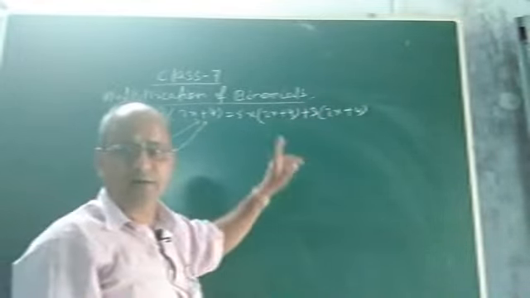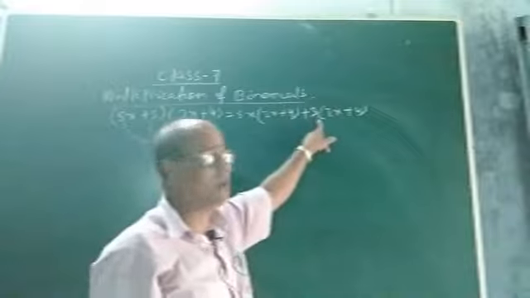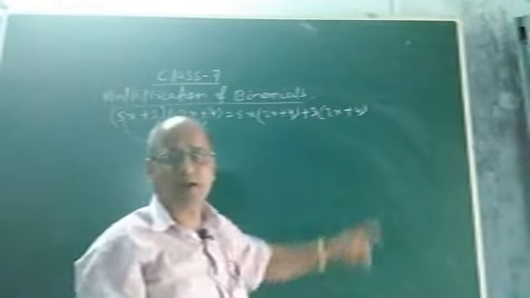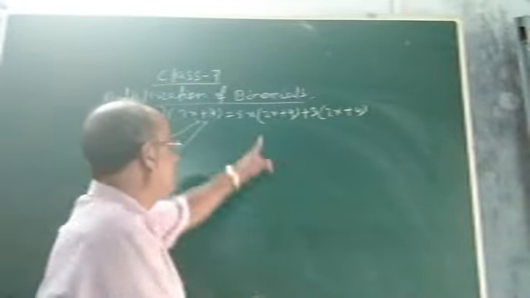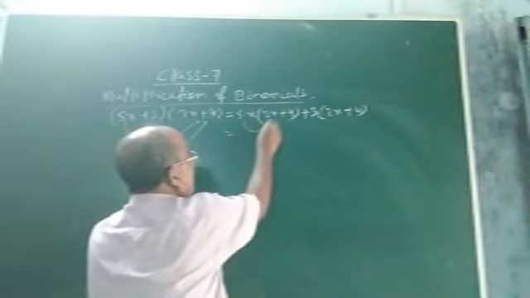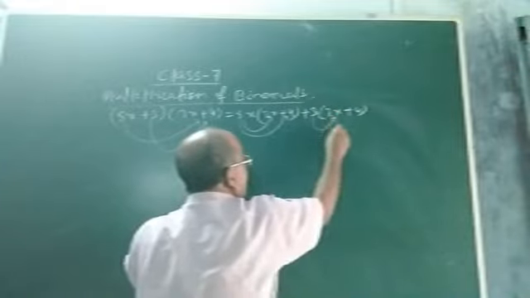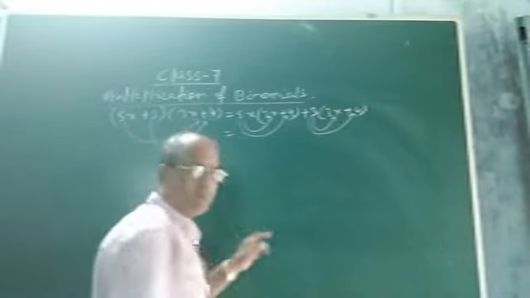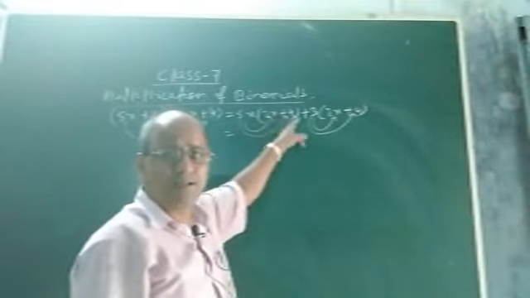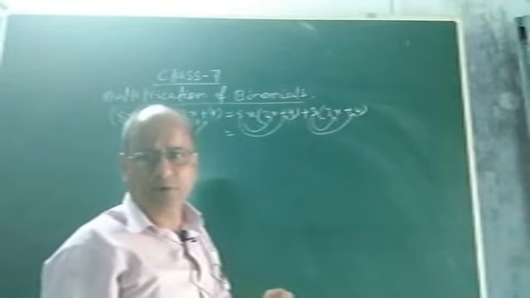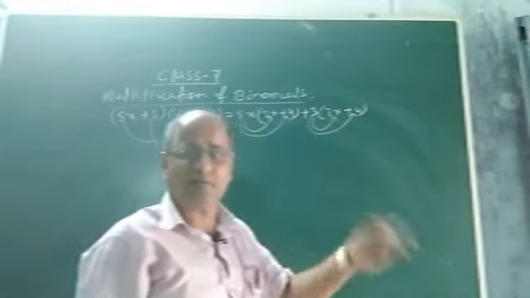Now you can easily do, children, because you already know. See, 5x is a monomial, this is a binomial, 3 is a monomial or constant, and 2x plus 4 is a binomial, and you know how to multiply a monomial by a binomial, what we have discussed in the previous class. So how to do? This is very simple. Now you multiply 5x and 2x, then again multiply 5x and 4, then multiply 3 and 2x, then multiply 3 and 4. Okay. So 5x is to be multiplied by each term of this binomial, so that the bracket will be omitted. Similarly, 3 is to be multiplied by each term of this binomial, so that the second bracket will be omitted.